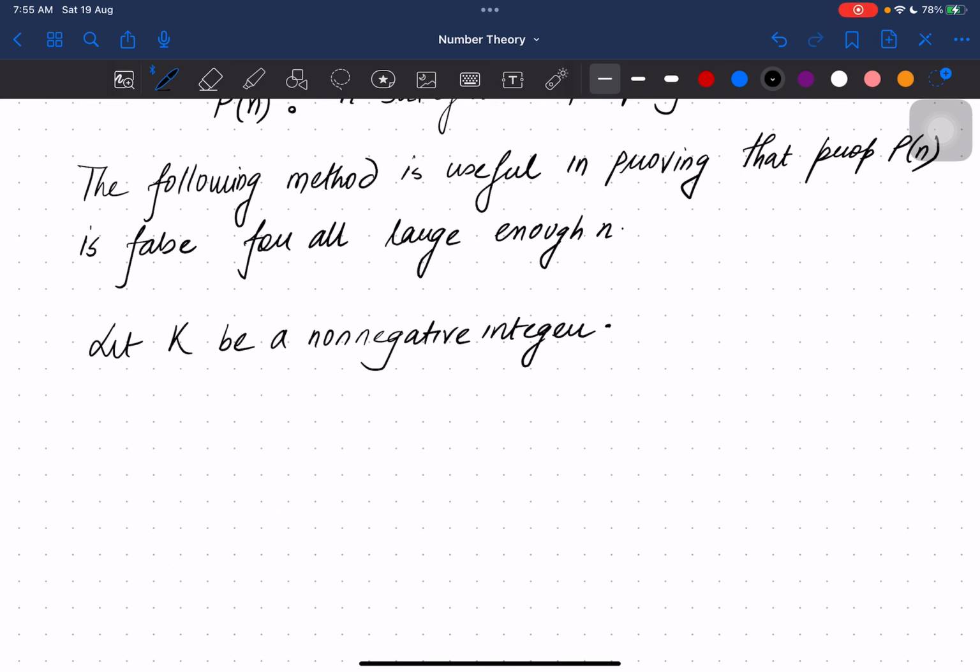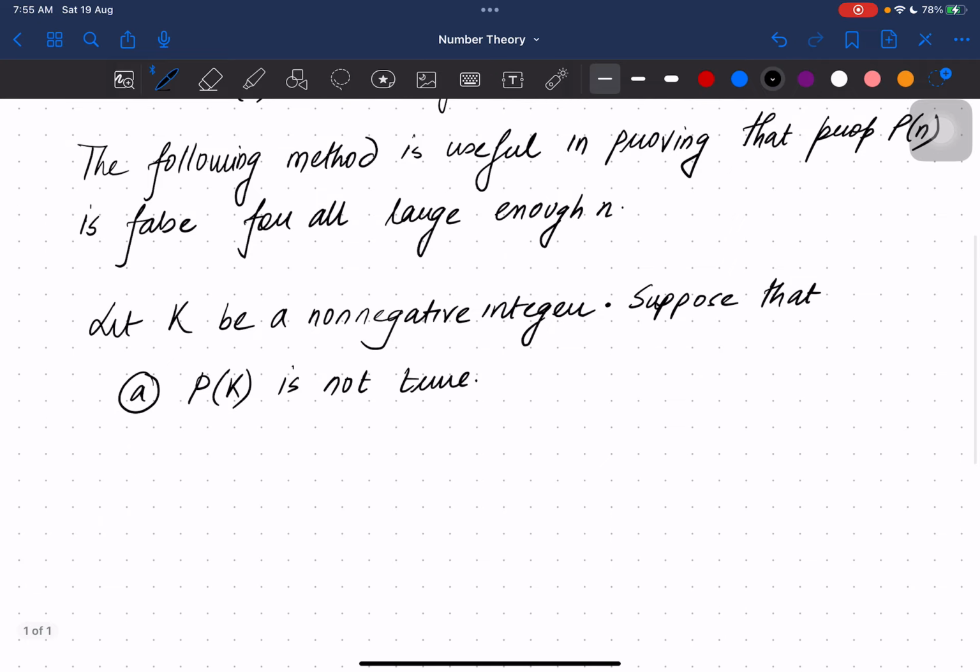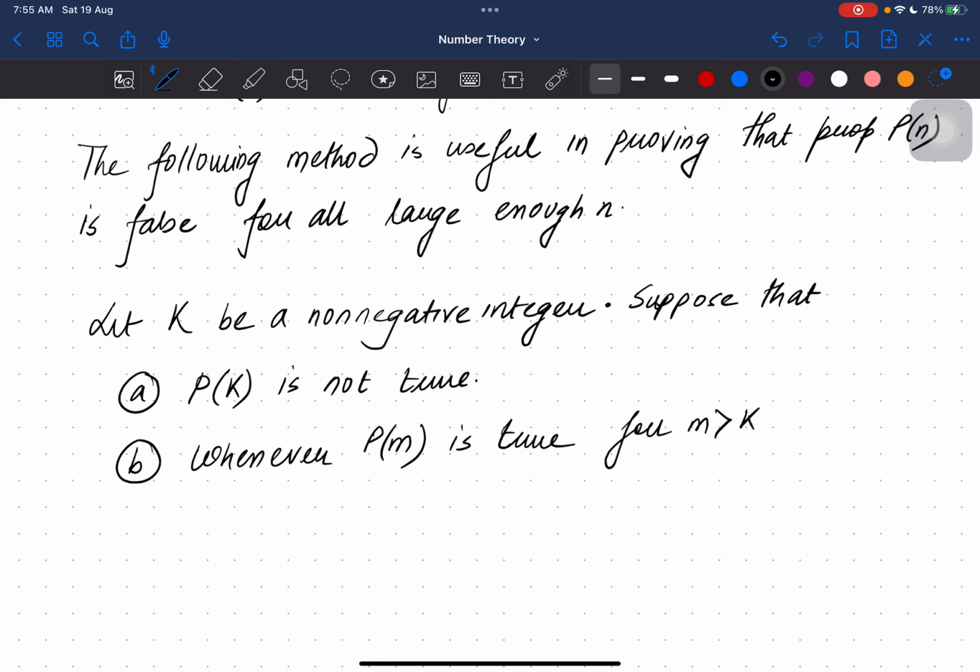and we suppose two conditions. The first condition is Pk is not true, that is, this k does not satisfy the property P. And the second one is: whenever Pm is true for any integer m greater than k, where m also belongs to the positive integers Z plus,